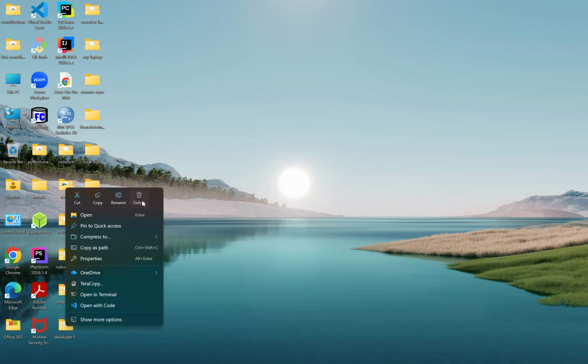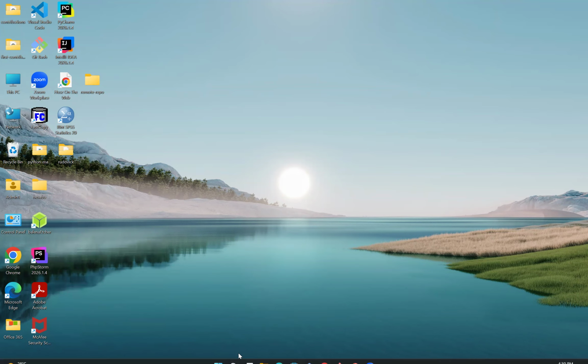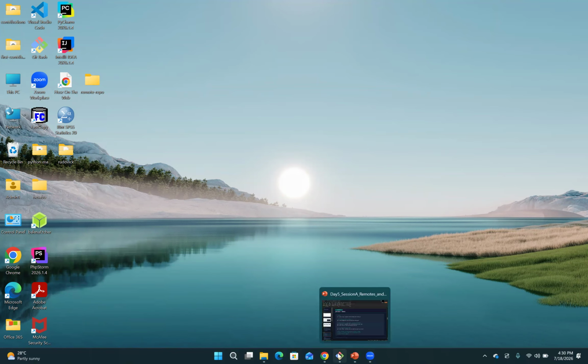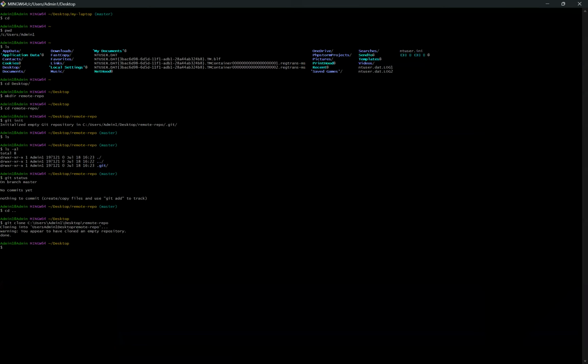So we are going to start afresh. Now we have a remote repo as we started. If we cd, if we ls, list content, the remote repo is somewhere here. So our remote repo is there. Now we want to clone that, and because we are on desktop, what we need to do is just git clone and then the path to our remote repo, and the path is just remote repo,